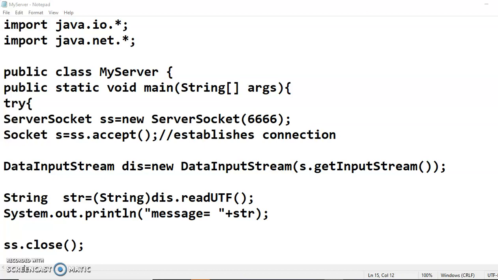Java socket programming can be connection oriented or connectionless. As we all know, connection oriented means TCP and connectionless means UDP. So both types of communication are possible between Java applications. One way is to set up a connection between two applications and then communicate, and the other way is with the help of UDP, where you don't have to set up a connection.